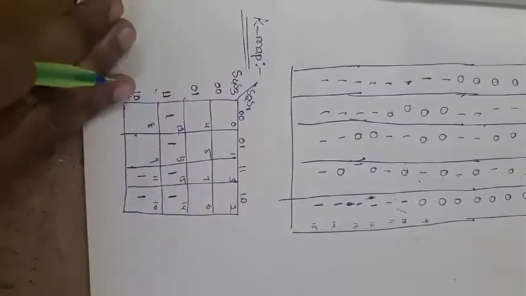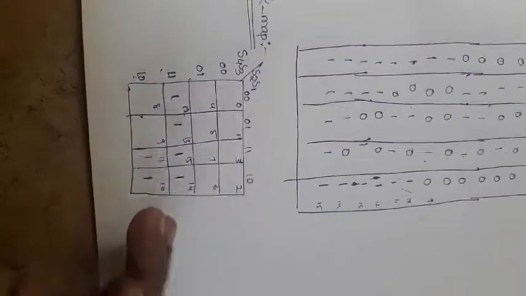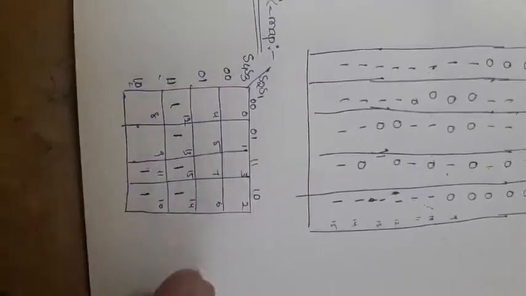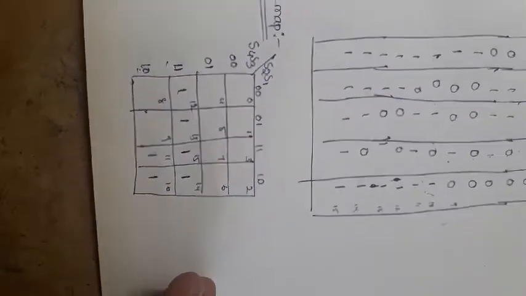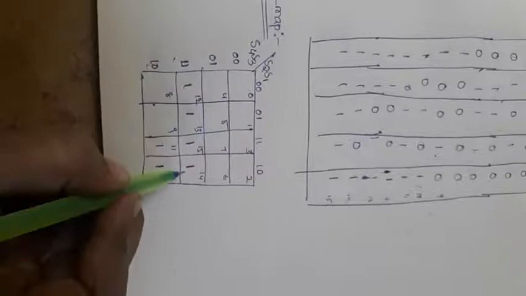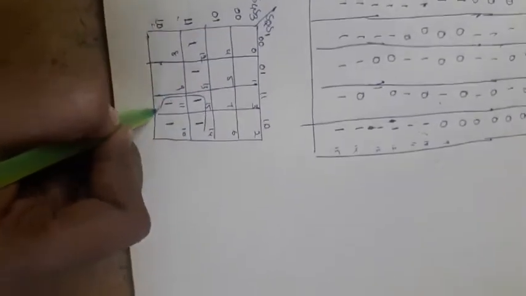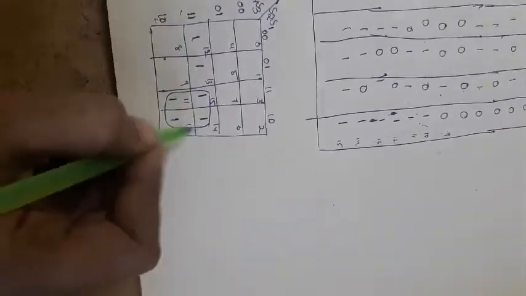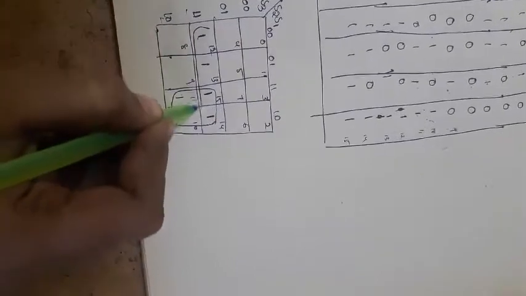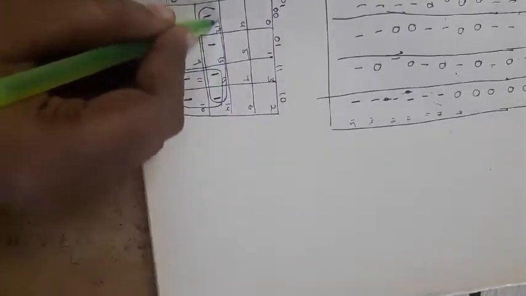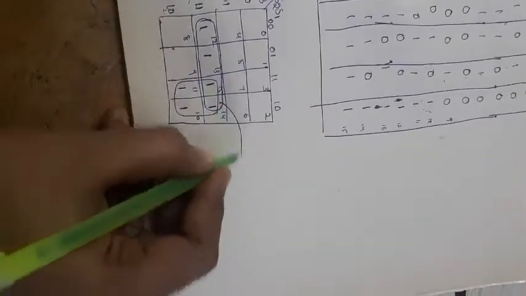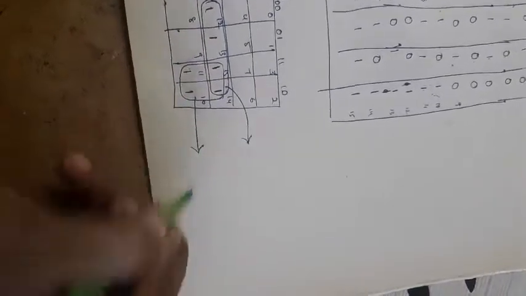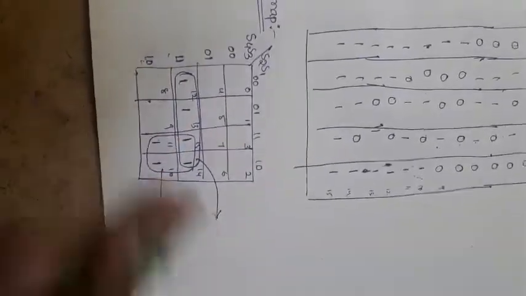After representing the minterms in the cells, what will be the next step? We need to group the cells, right? Is there any quad possible? Is there any octet possible? We need to check it. Here we can directly say that one quad is possible: the 4 adjacent cells will form one quad, and here also the 4 adjacent cells will form one quad. Now we need to find the prime implicant results for these two quads.